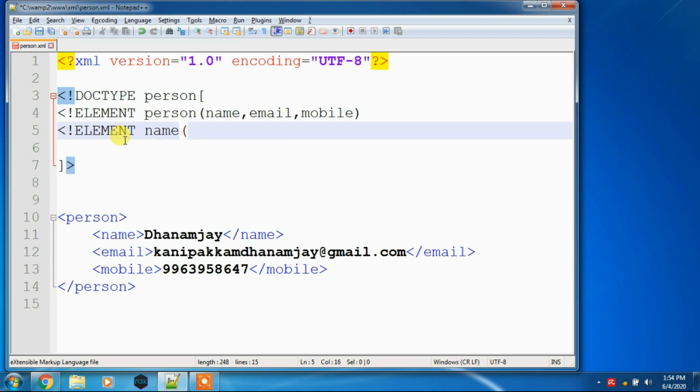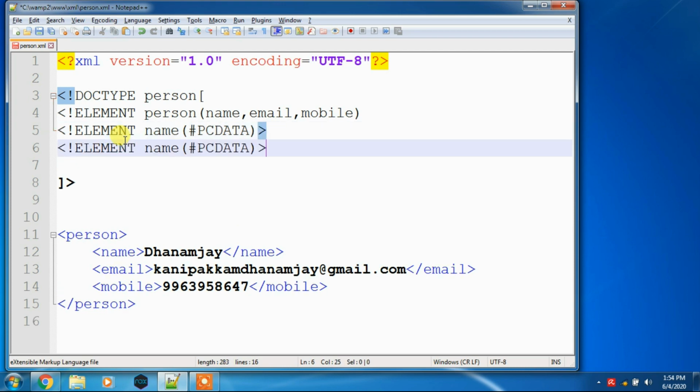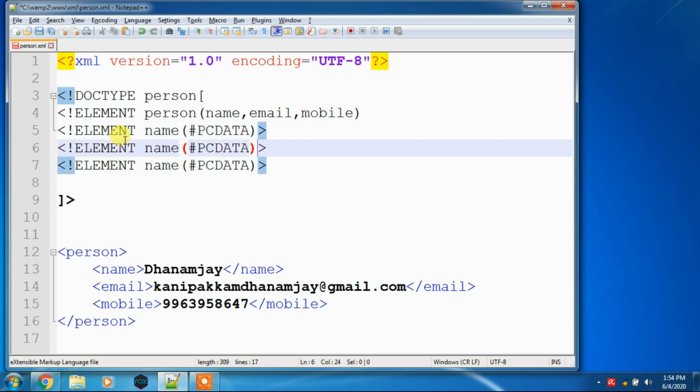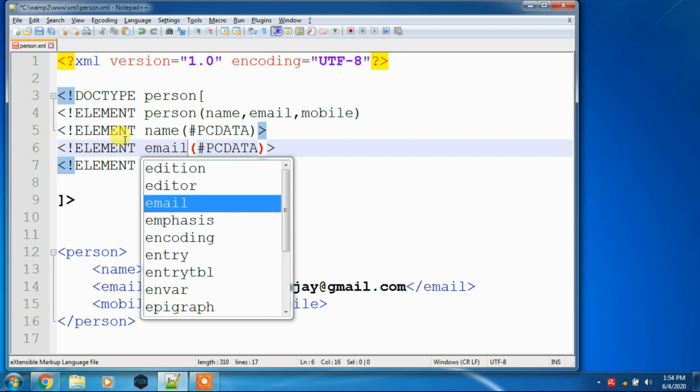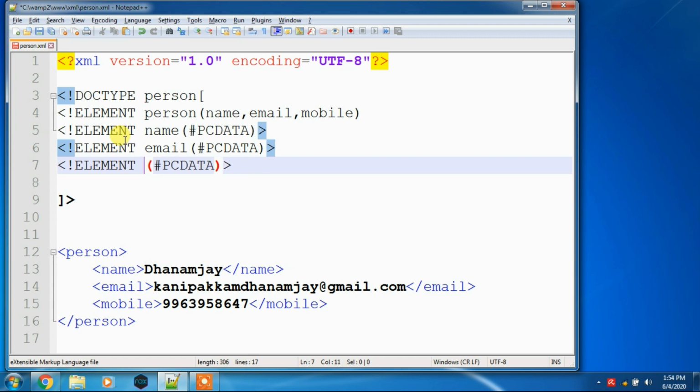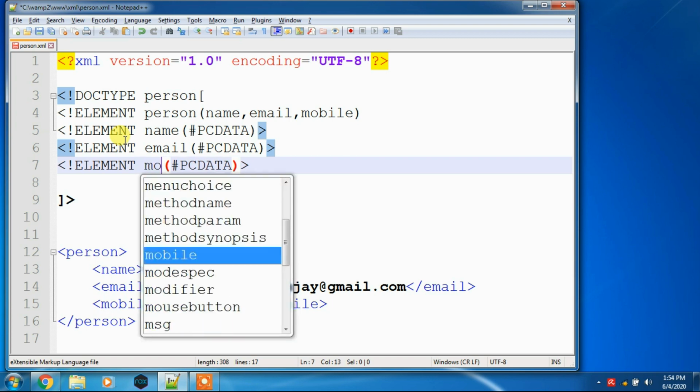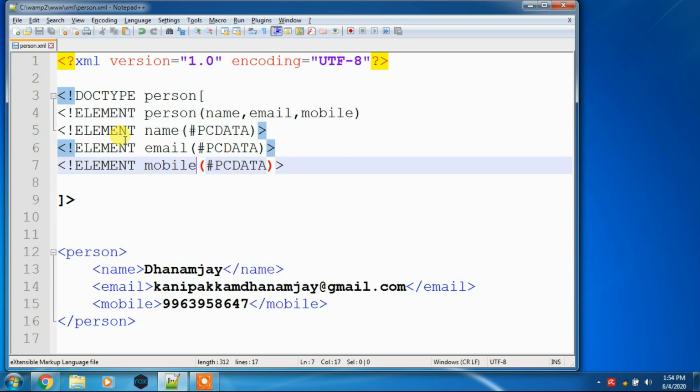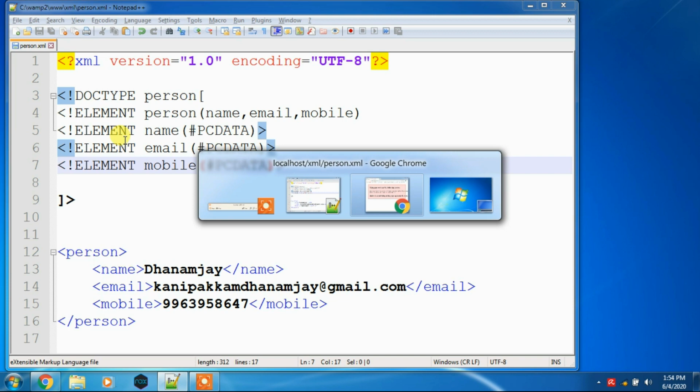In that we have to pass PCDATA. Then the same statement we have to copy and paste there. Why? Because I referred for name, now I have to refer for email, and then the same thing I want to refer for my mobile. Now save and execute this program.